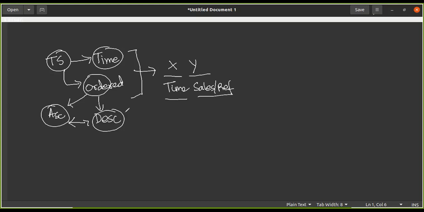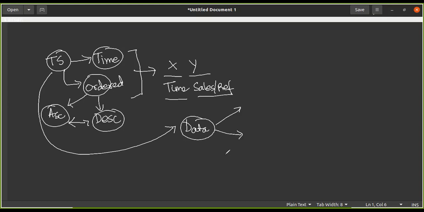Now let's look into the actual components which are there inside a time series. In the last session when we ended, we were talking about one very important feature related to time series, which is how much data do we need? The first thing that we have to take care of is that this can be broadly categorized into three areas, let's say A, B, and C.